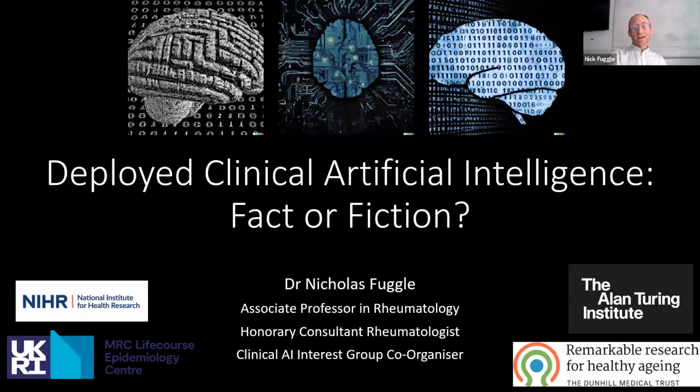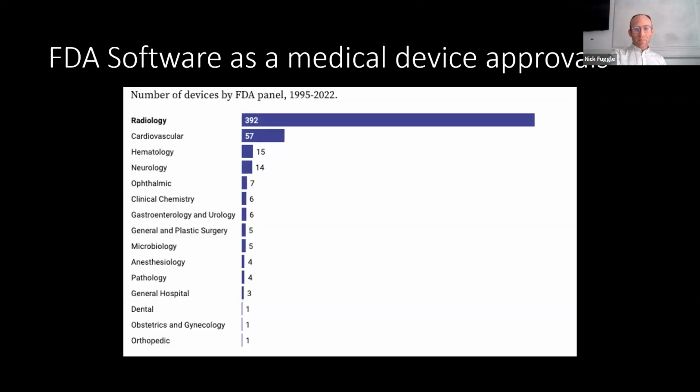So deployed clinical AI, is it fact or is it fiction? And one of the important things to bear in mind as we look at this is to look at maybe in the US, because there's a bigger data set there, the number of different software as a medical device, or SAMD, approvals that have gone through, and the distribution of those throughout different medical specialties. And you can see that this is looking at data between 1995 to 2022, there's a clear front runner, which is radiology. And the reason for that is because computer vision is way ahead in terms of the data sets